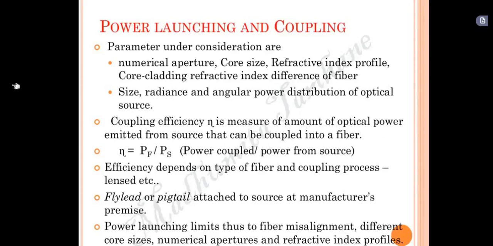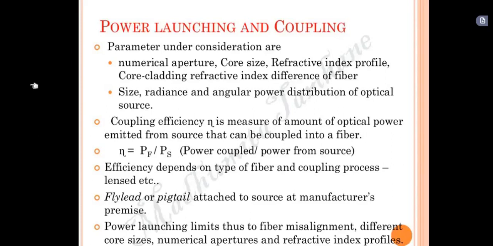The second part we need to understand is efficiency, right? How and why is efficiency so important? Because efficiency tells us the amount of optical power emitted from the source that can be coupled into the fiber. Because in fiber we have three things, no? Core, cladding and the outer buffer. So whatever power I am giving, how much is consumed by the internal part and how much output we are getting, that needs to be understood from the source, right? So that is efficiency. Efficiency is what will design and help us understand this particular form of it.